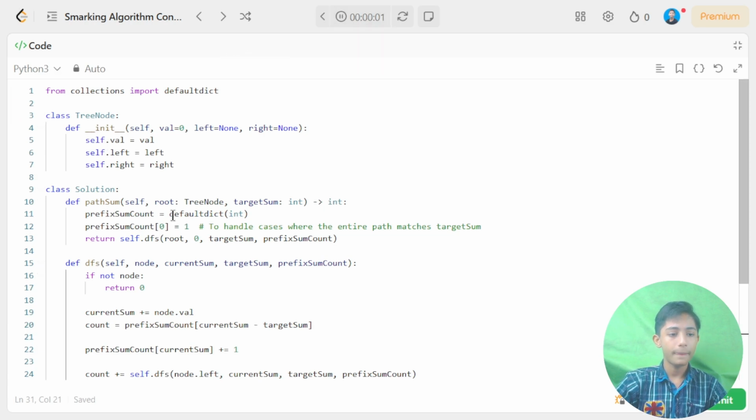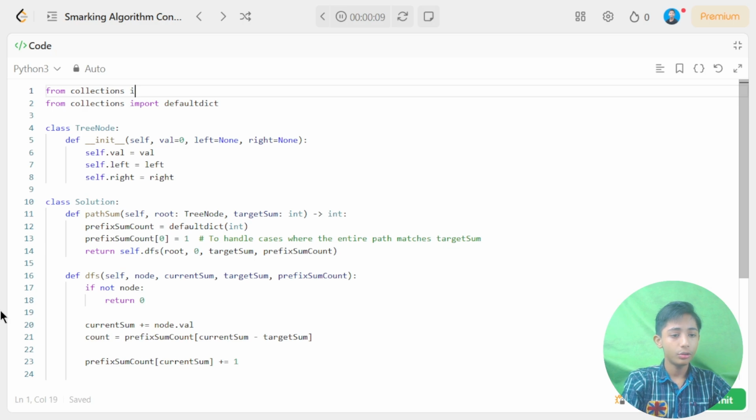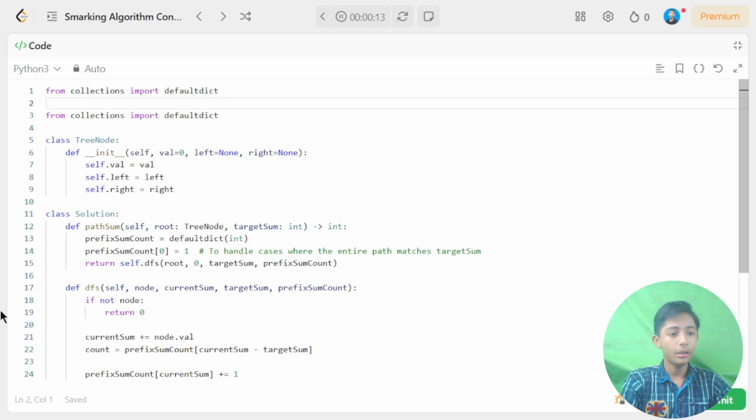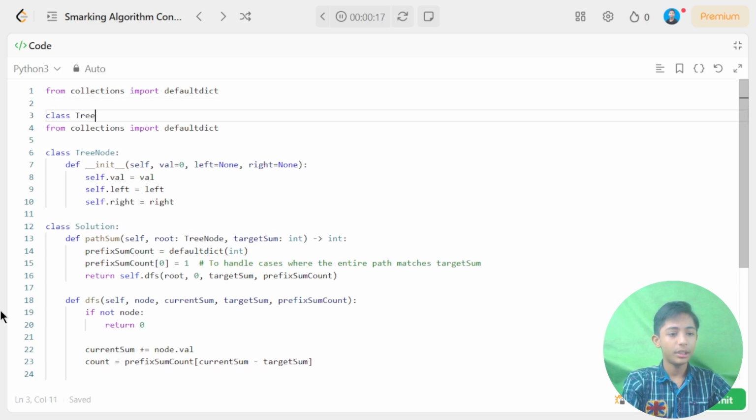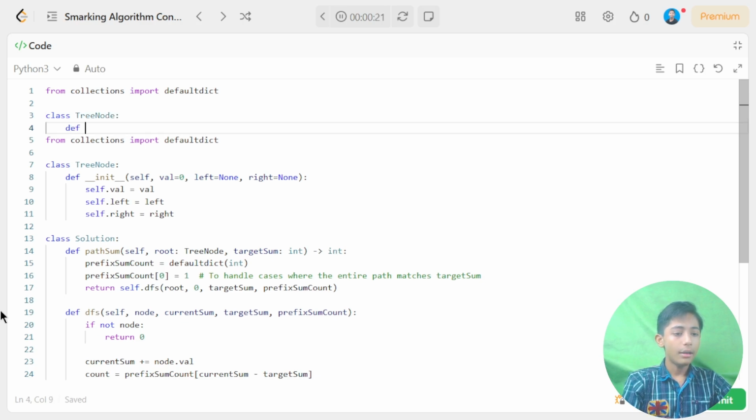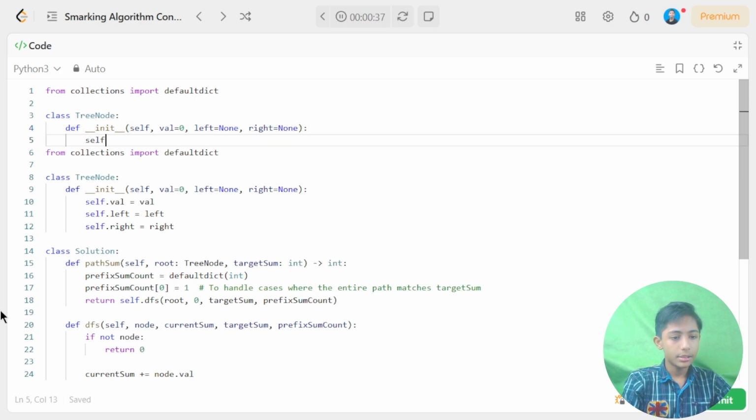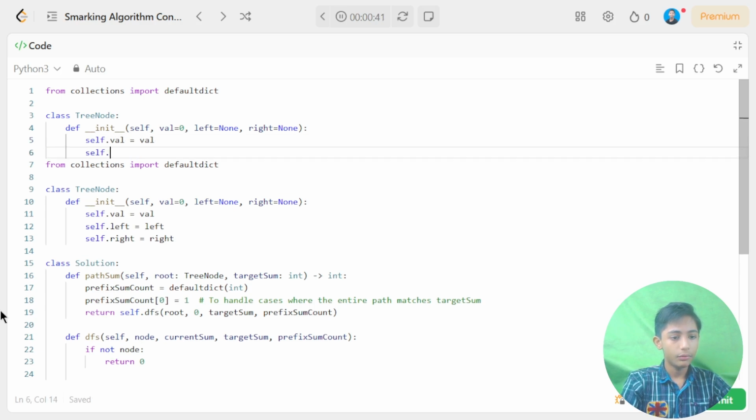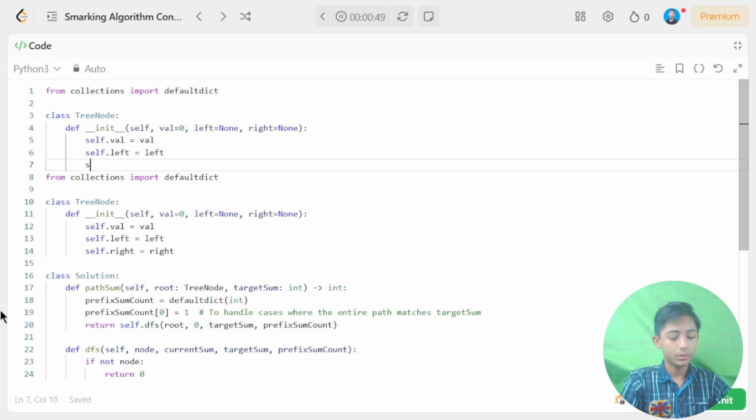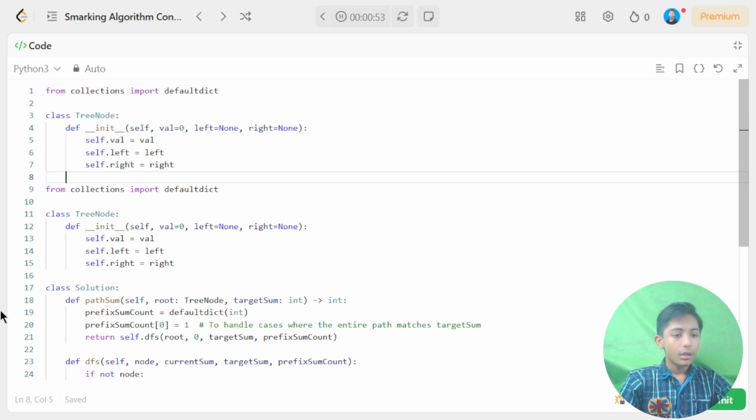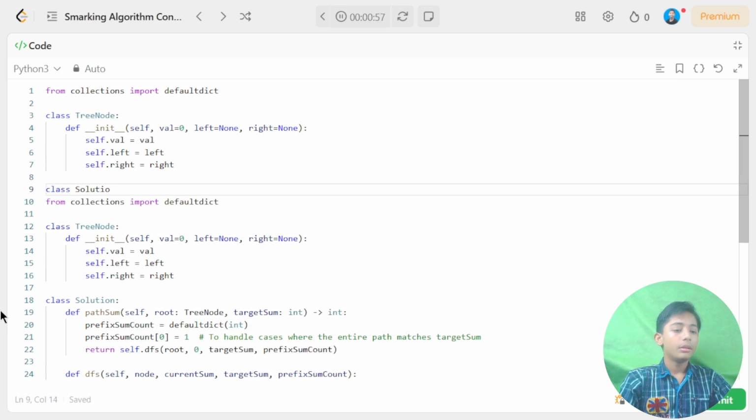First of all, from collections import defaultdict. Enter twice. Define a class named TreeNode, and def __init__(self, val=0, left=None, right=None): then self.val = val, self.left = left, self.right = right. Then enter, class Solution: